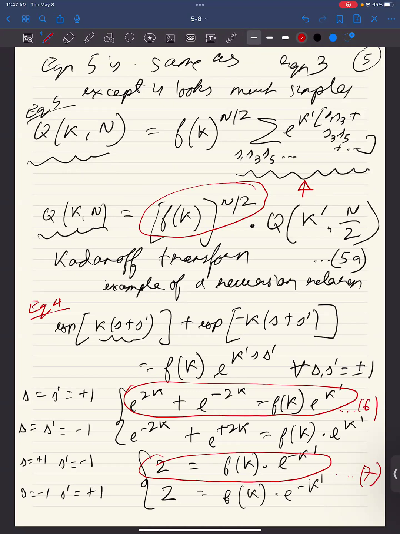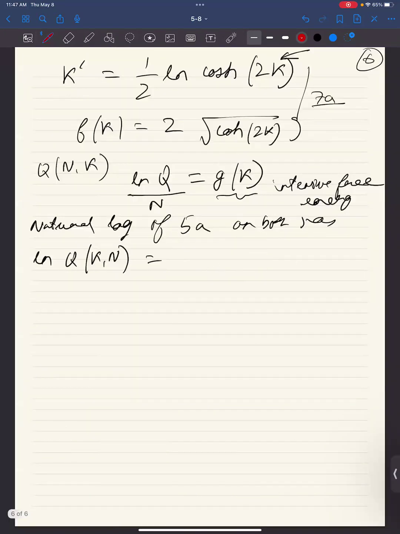It's the property of the log, and then a second log. So this will become ln Q of n is equal to n/2 natural log of f of k plus natural log of q, which is now